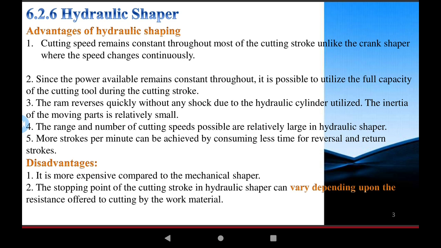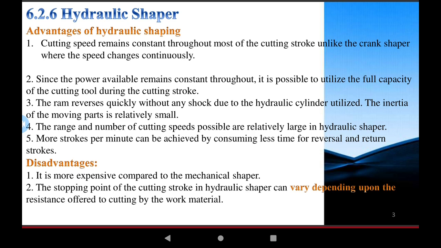A disadvantage of these machines is that they are more expensive compared to the mechanical shaper. These machines are very expensive to use in tooling and cooling liquid, and some mechanical and hydraulic parts use more space. And the stopping point of the cutting stroke in the hydraulic shaper